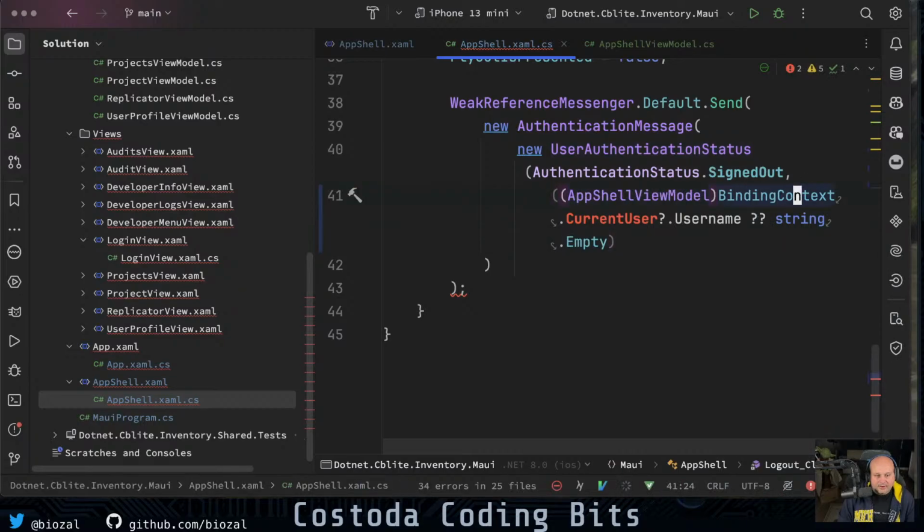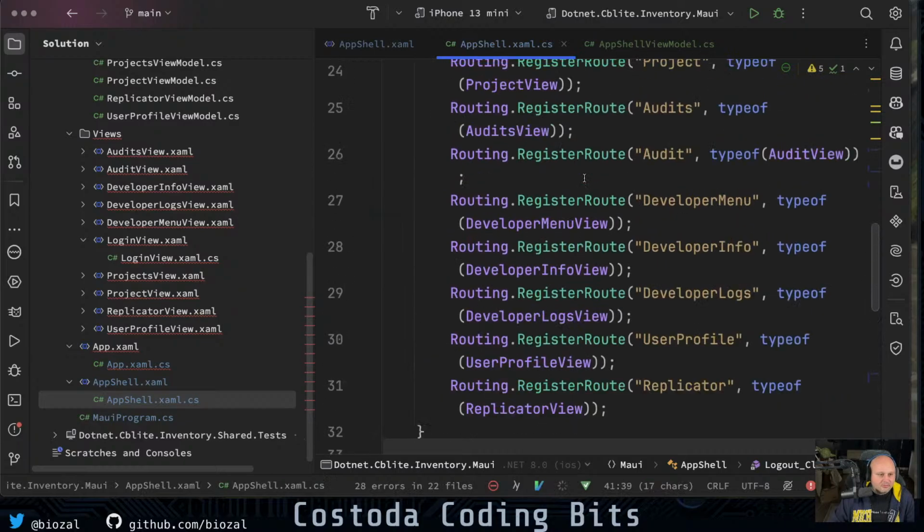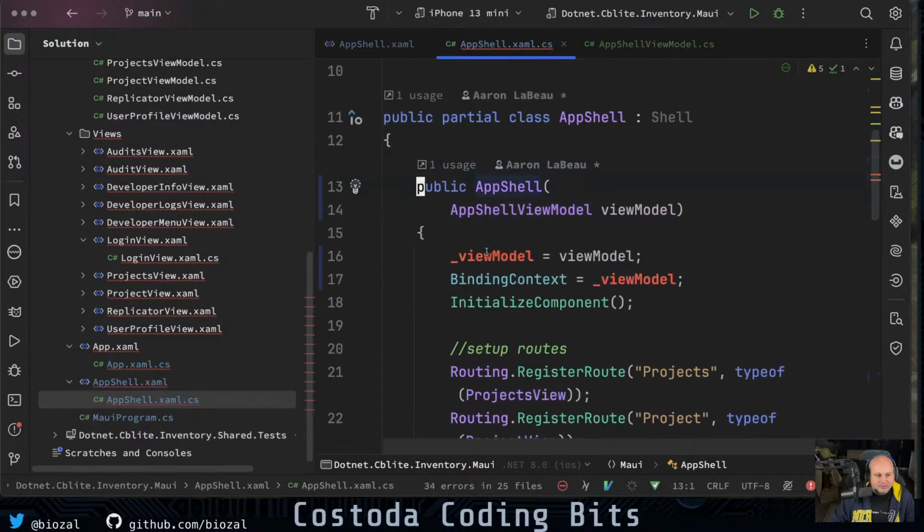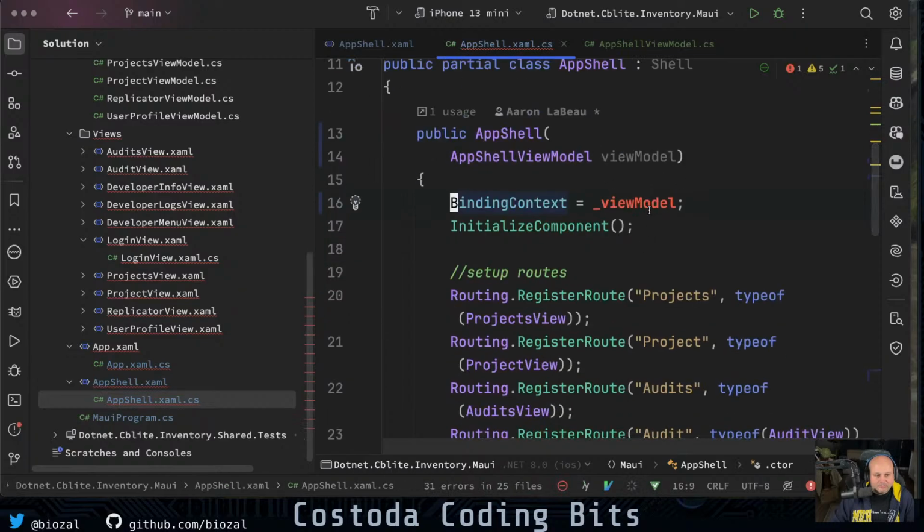What I want to do is say after binding context to make that a parenthesis like that. And then once I do that, technically speaking, I could just get the view model reference from the binding context. I just have to typecast it here, right? Because we know it's set to just an object. At that point in time, I no longer need the local reference here, and I'm saving myself one reference counter